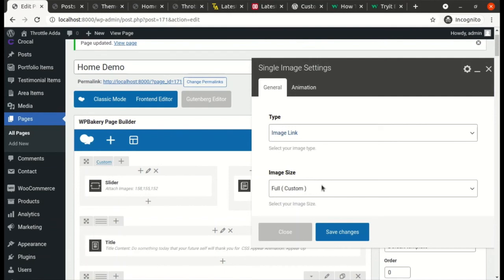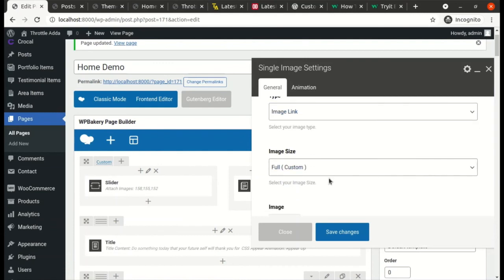Gallery pop-up. Now this gallery pop-up means a lot of images can be added in this gallery, and I'm sure that everyone understands what a gallery means, so I won't go into details of it. We are going to simply click on the second option, that is image link, because we want to add a link on it. Basically this space can be utilized as an ad space, or a space where important messages or some kind of promotion needs to be done. Okay, image size we will choose as full custom. That means whatever size of image is available, it will directly display.